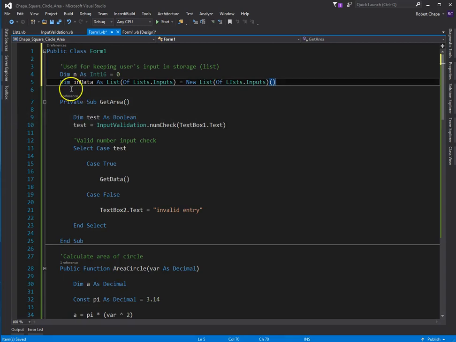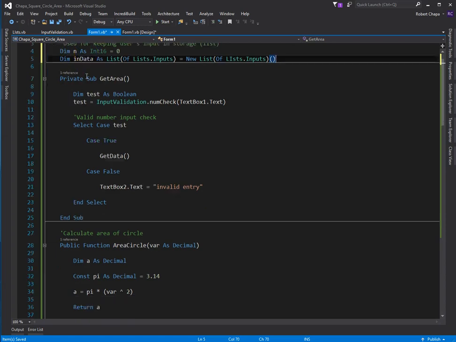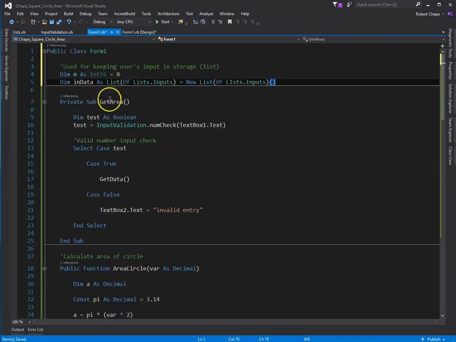All right, so let's explain what happened here. What I need here is to declare an integer, which I called n, and that's just for keeping track of the elements of the list that we're going to be passing, because I have to know where we're at. Now, the reason I had to make it an application scope variable versus a function or subroutine scope variable is because